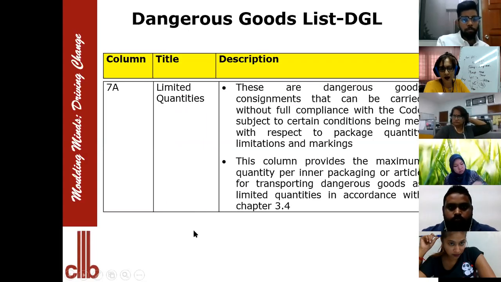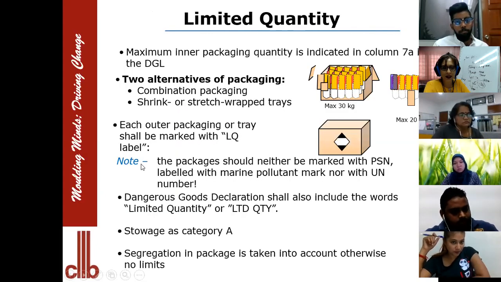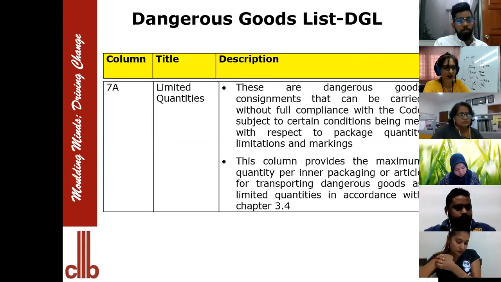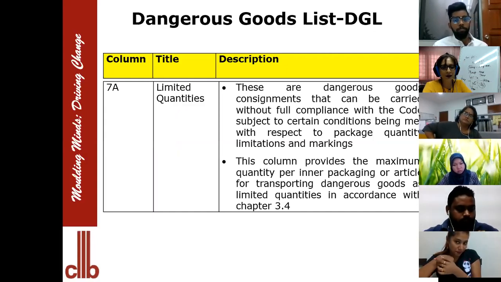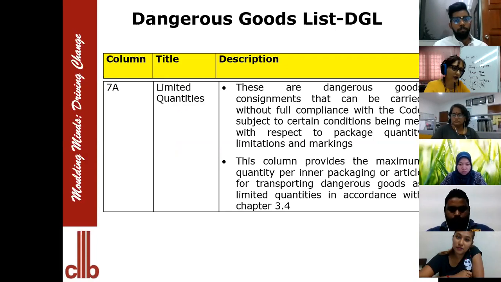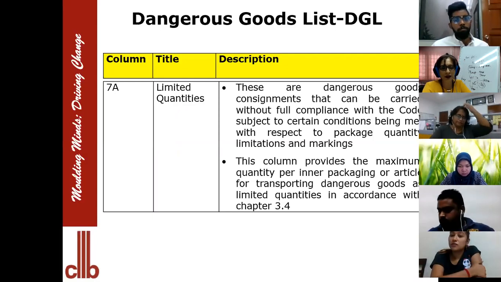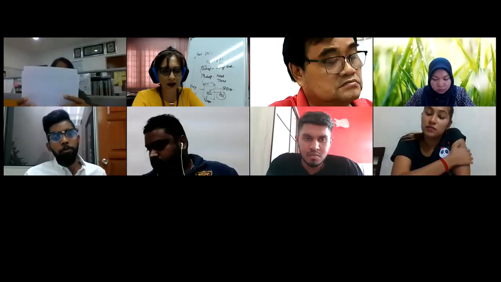So after this is where we go to exceptions. Column 7A and column 7B are relatively long, and we're running out of time right now. So what I will do is I will do this tomorrow morning when we come in, and please come in at 8:30 in the morning, so I can check your system, test, and I can find out whether you guys did your, wait, I'm going to stop